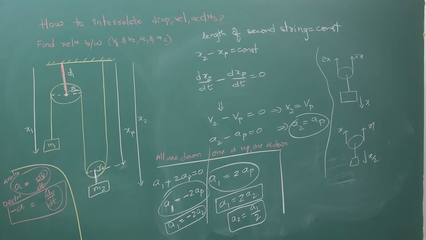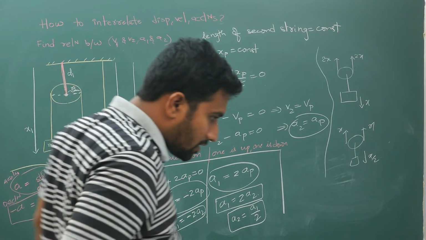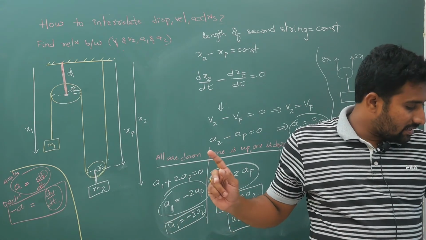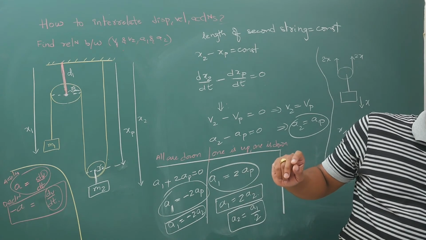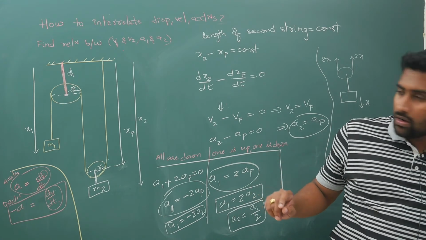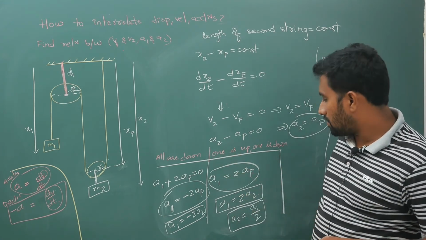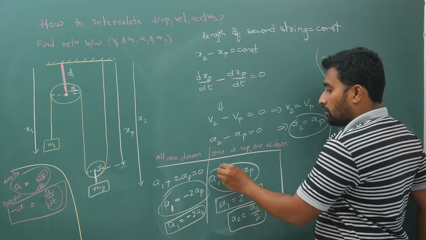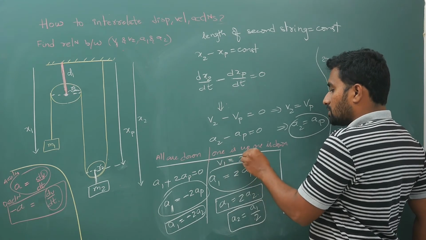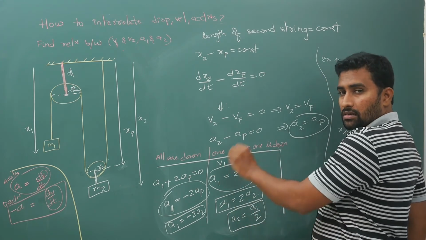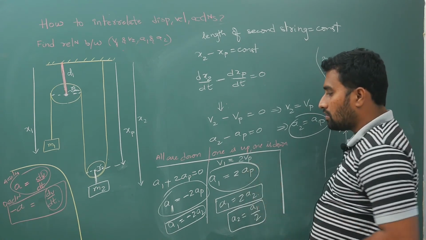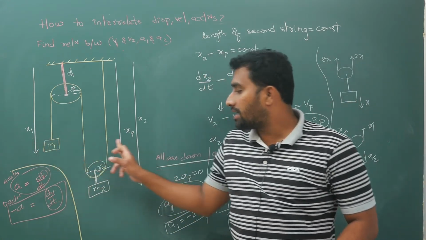Alright, so now there was some malfunctioning in the recording, so I will just put the remaining part. Now till the previous part that was explained, what is happening is, we have got that acceleration of 1 is equal to 2 times acceleration of pulley, velocity of 1 is equal to 2 times velocity of pulley. This part it got disconnected. So this I have explained. Now this is only connecting x1 and xp.